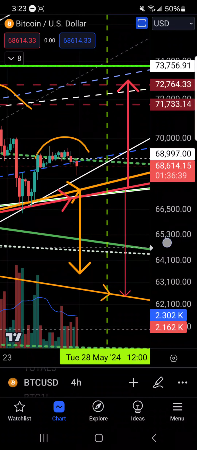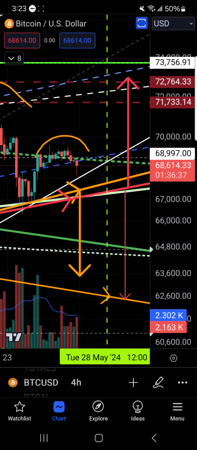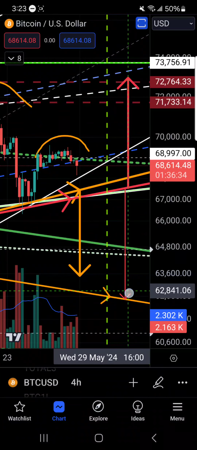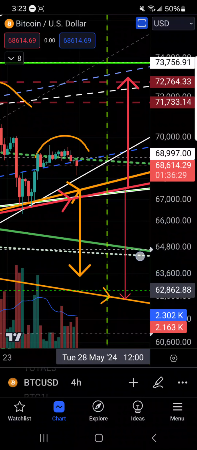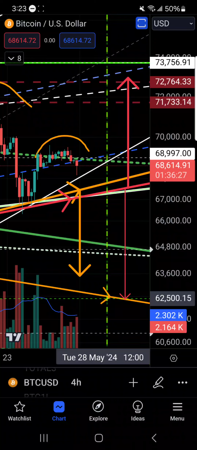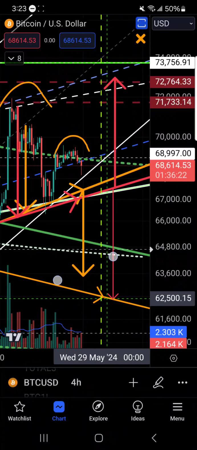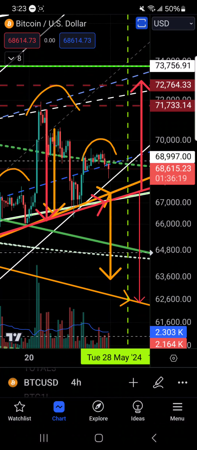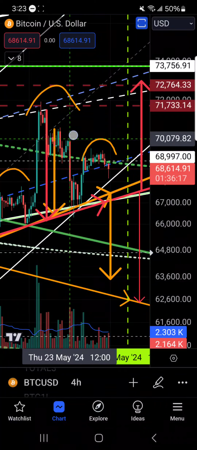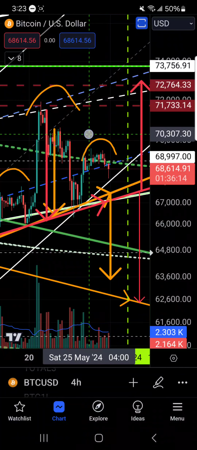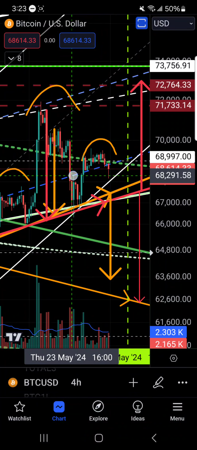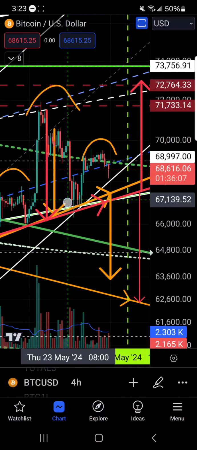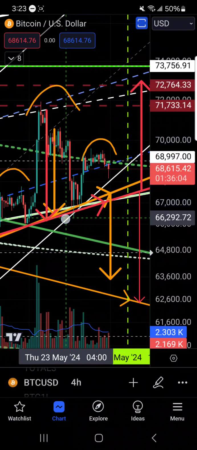Got a couple targets, the red target and the orange target here. Basically it would take us down to somewhere between 63.5 and 62.5. So that's only a $1,000 range, so that's pretty good. But I pulled these targets based on what you believe the top of the head is. Now, is the top of the head, actually that makes a lot more sense, that the top of the head would be the orange,